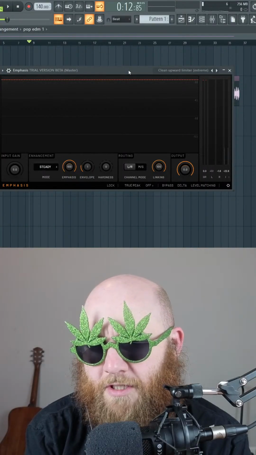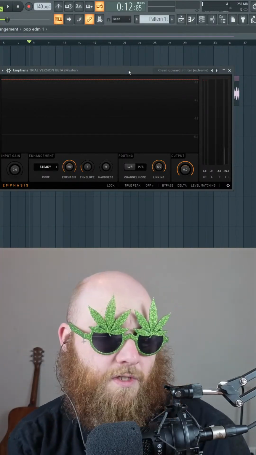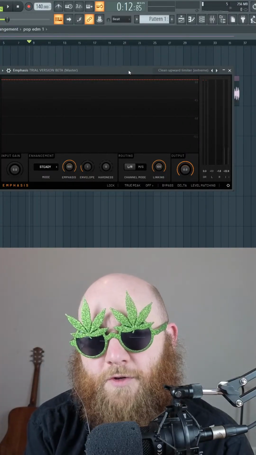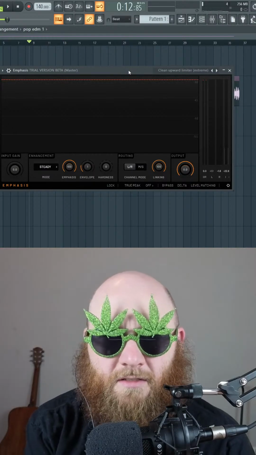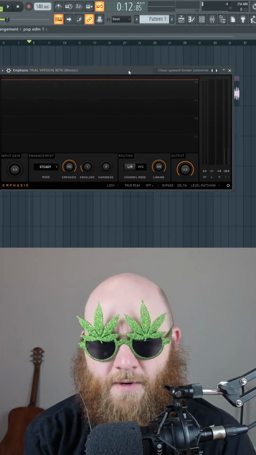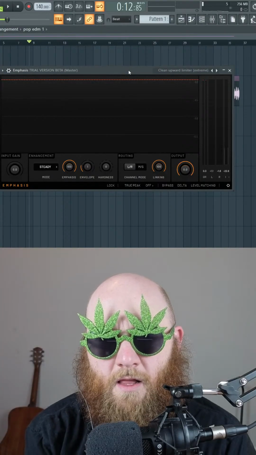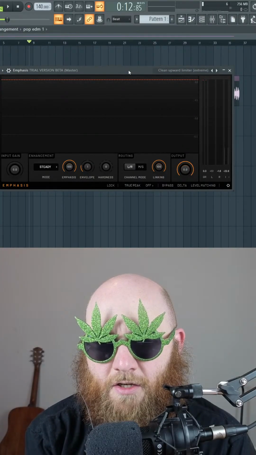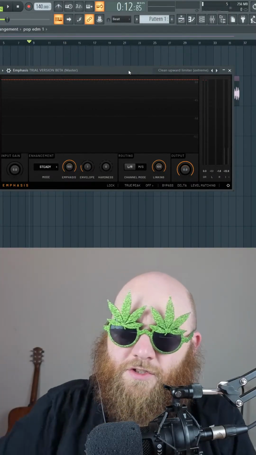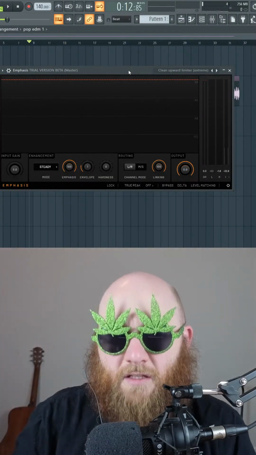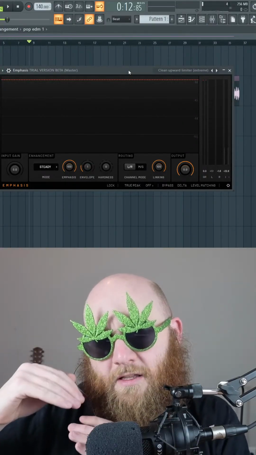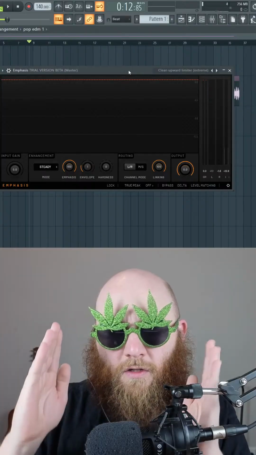Downwards and upwards compression are two sides of the same coin, whereas with downwards compression, which is most compression, as in if somebody says compression to you, that's probably what they're talking about, is where you set a threshold at a certain volume so that the audio will never go above that certain threshold, and you can squash it together by making the louder parts quieter to match the quieter parts, and then you take that all up together